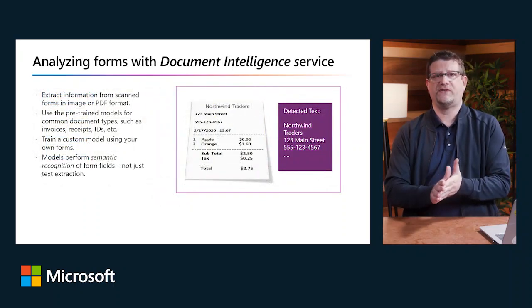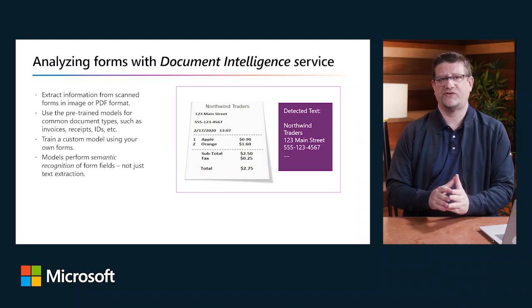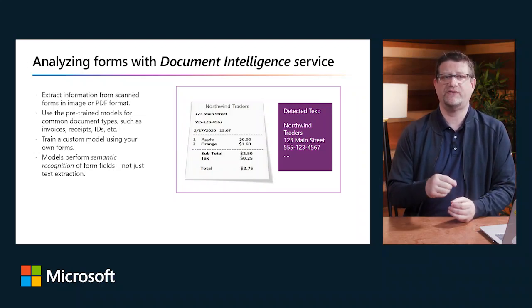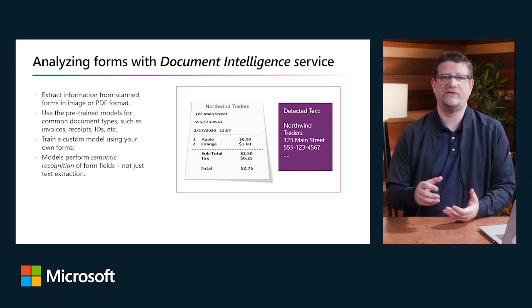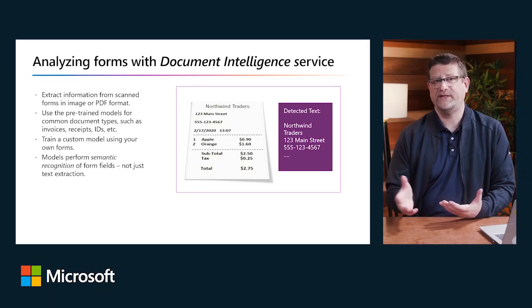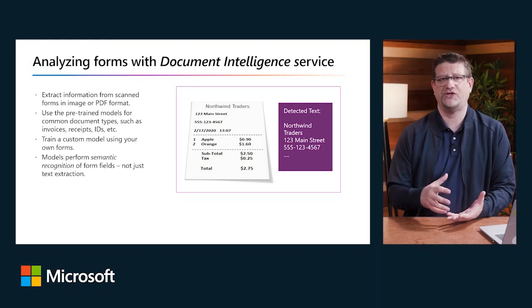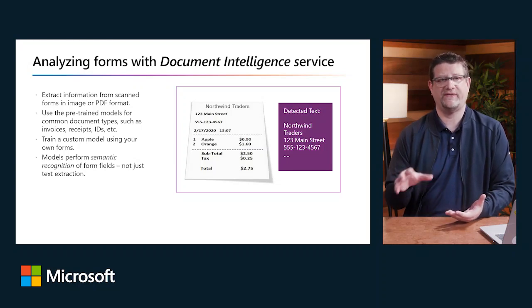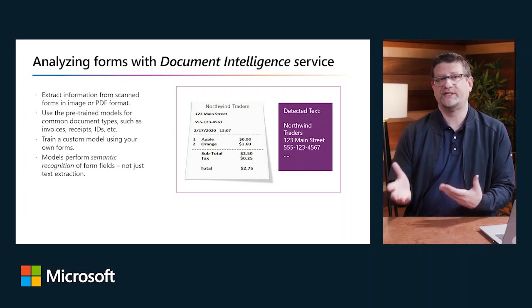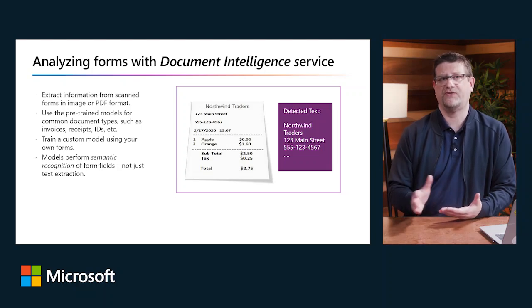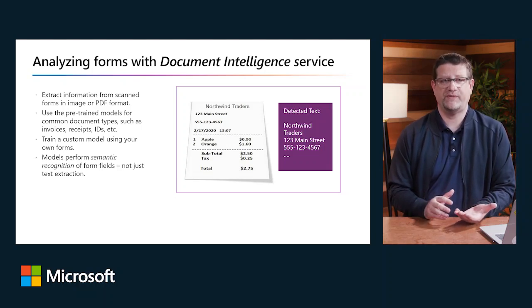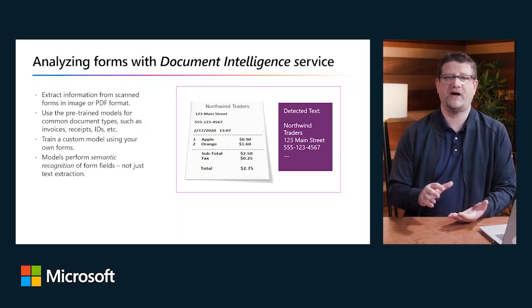The Document Intelligence Service does more than just detect and extract text. It uses models that understand the form fields, for example identifying specific types of data, such as addresses, phone numbers, dates, times, and quantities, and it understands the relationship between field labels and the values. You can train your own custom form extraction models based on your own scanned forms, or you can use pre-trained models to extract information from common document types, such as receipts or business cards